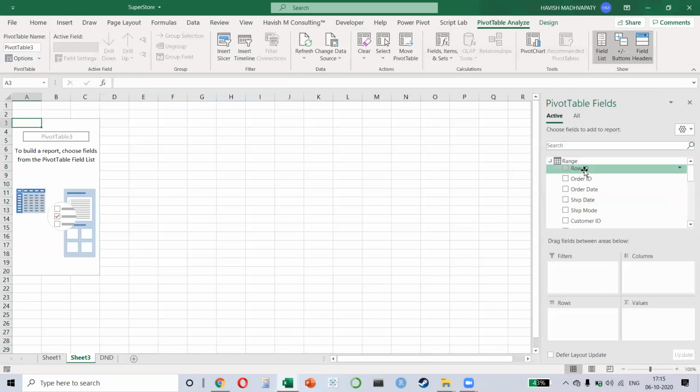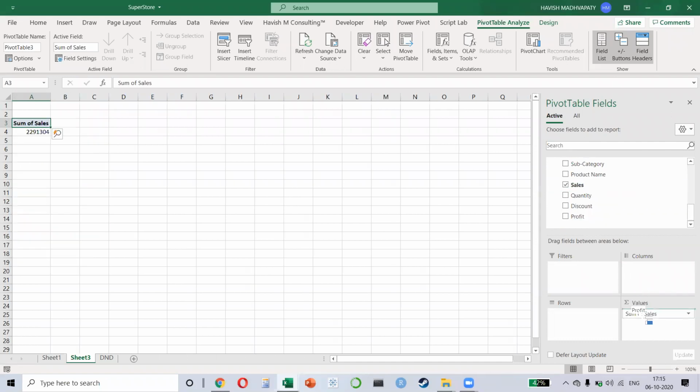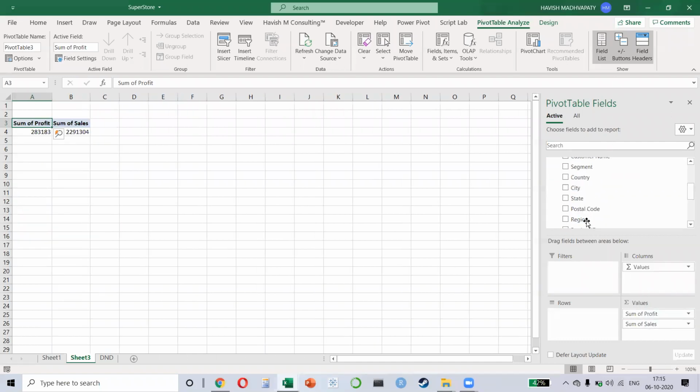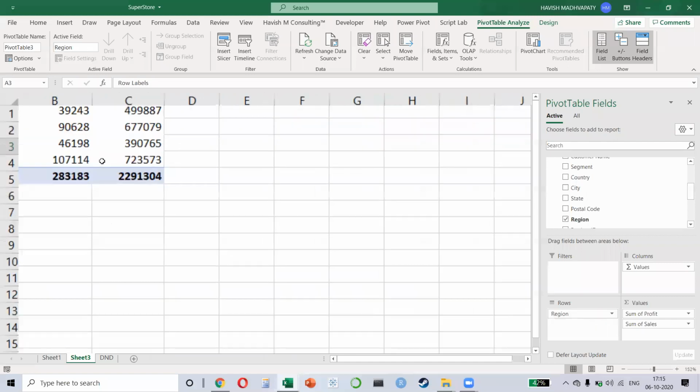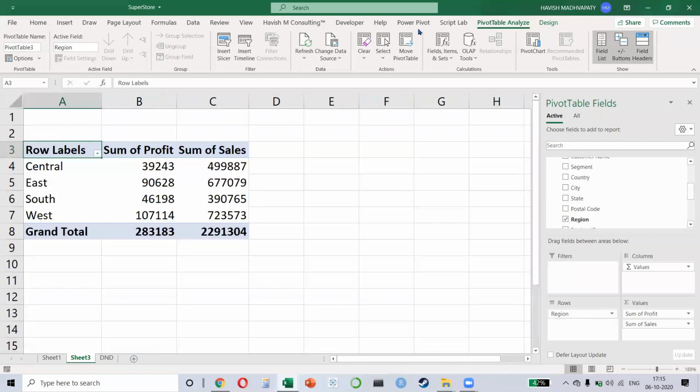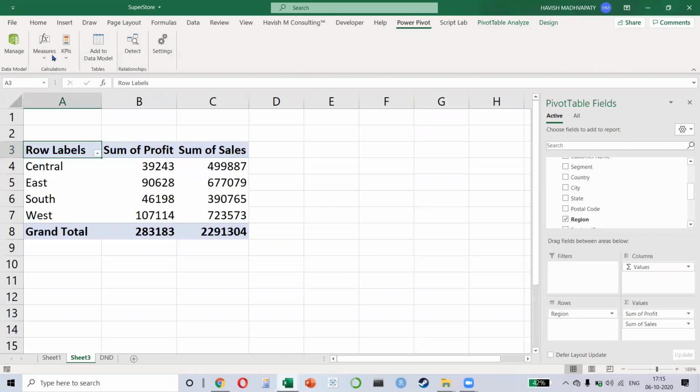you would notice that you get the same pivot table with a small difference. And the difference is that I can keep my sales and my profit here, and we will also keep our region. Nothing special, but notice this. In Power Pivot, there is an option called Measure. And what I want to do is create a new measure. A measure is a calculation that you do inside pivot tables.